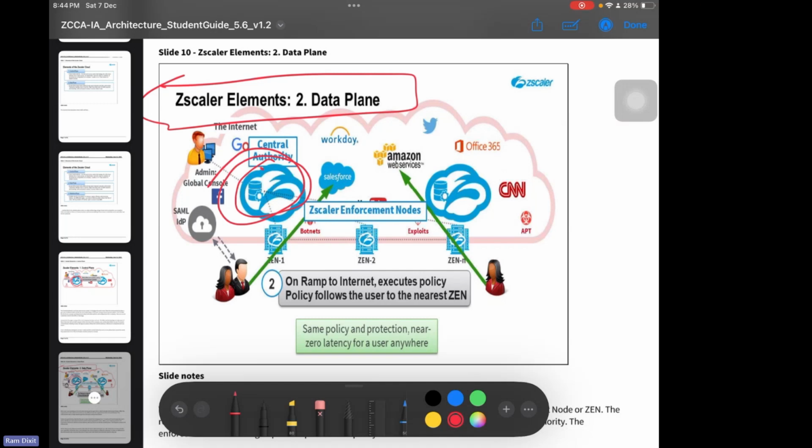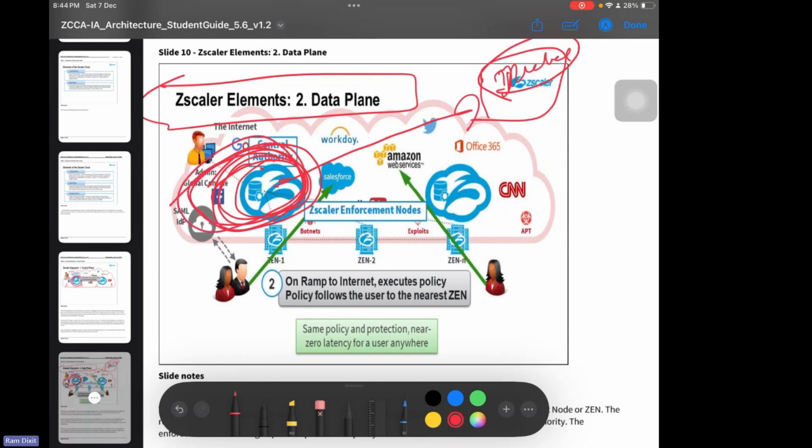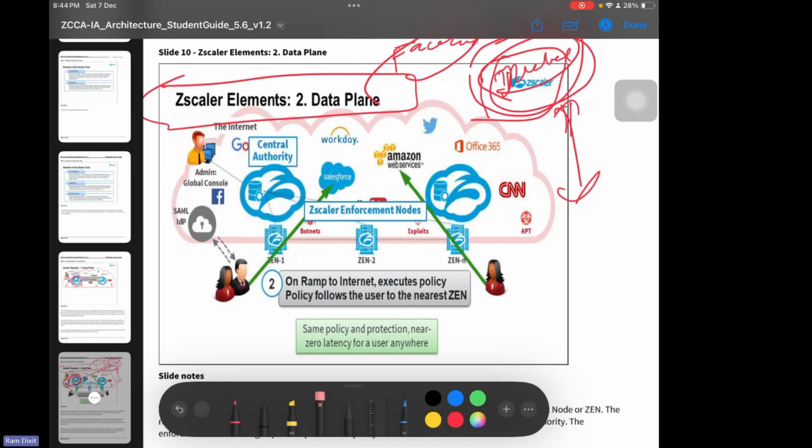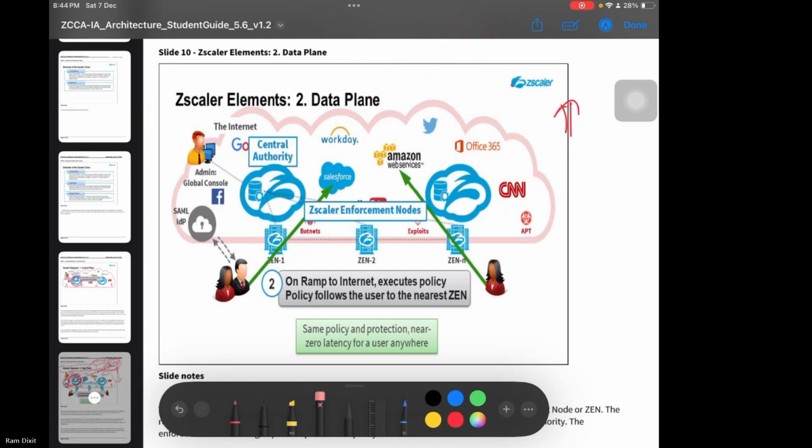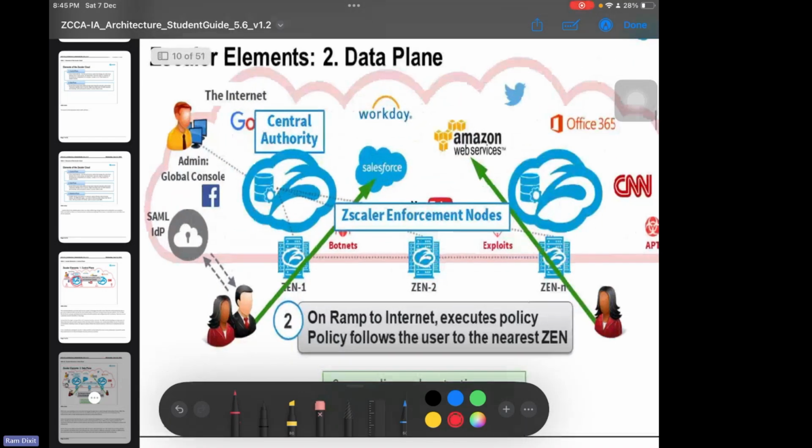So now what happens, this CA will push all your policies to the Delhi or Mumbai data center, because Sahil is working in the Mumbai location, or Lohit is working in the Mumbai location. So whatever policies I configure, it will be synced automatically in the Mumbai location. As I said, if you block Facebook, it should intercept your traffic and block your traffic when you are trying to access Facebook, right? If you notice that here, Lohit, if you notice that